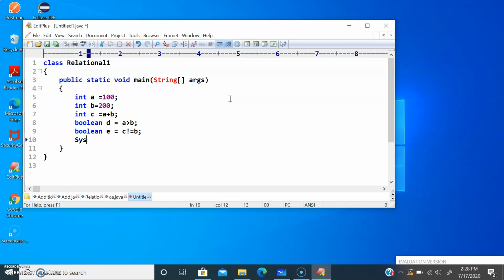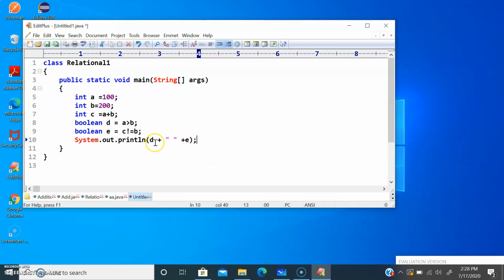I'm going to say System.out.println d plus e. What value is going to be stored in d and what value in e? I'm going to print this on the same line.